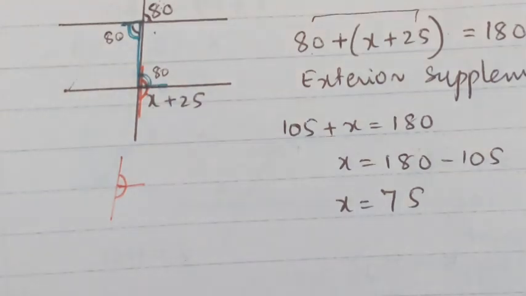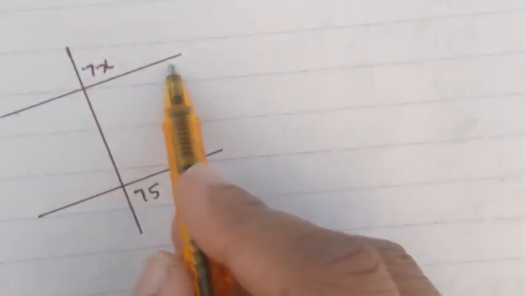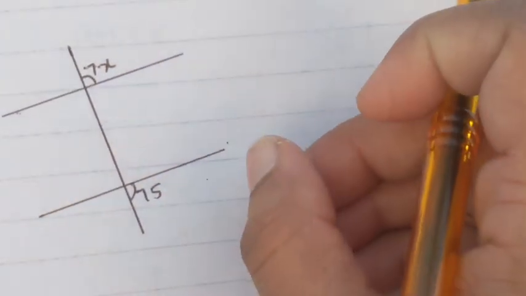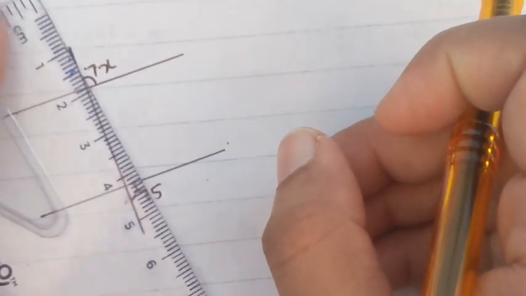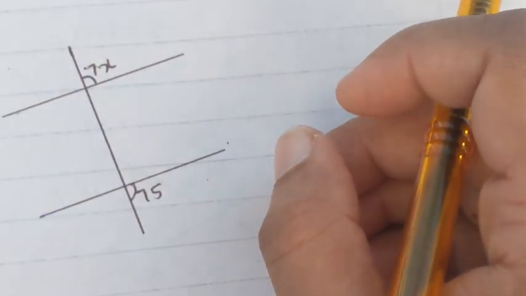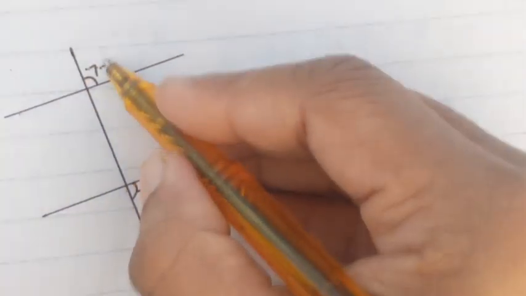Let us do one more to make it more clear. Now in this figure again you can see that this is the transversal, the two lines are parallel to each other, and the two angles are exterior supplementary because they are on the same side of the transversal. We can also conclude something over here, that if the two exterior angles are outside on the opposite sides, one on the right side, the other on the left side, they are equal to each other.